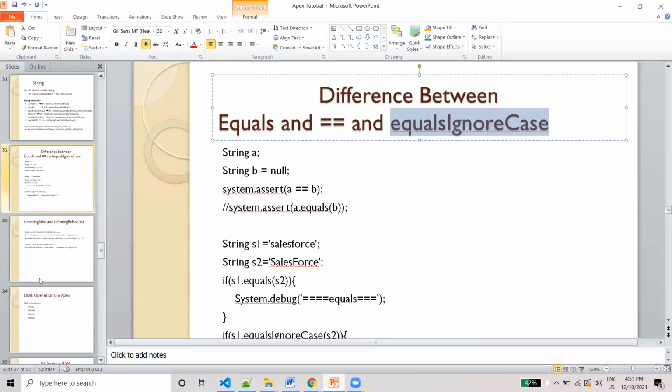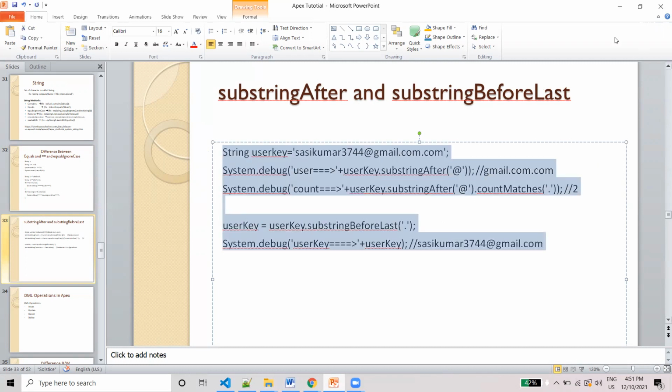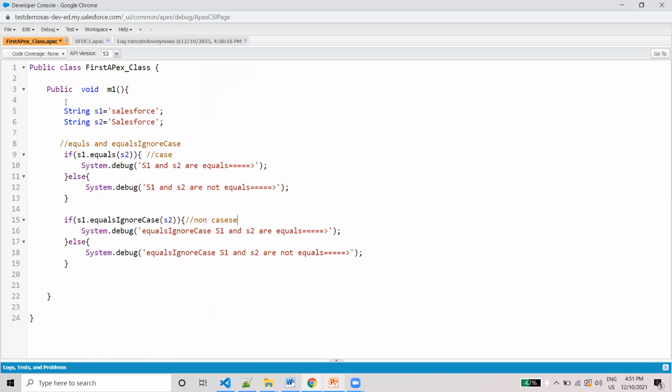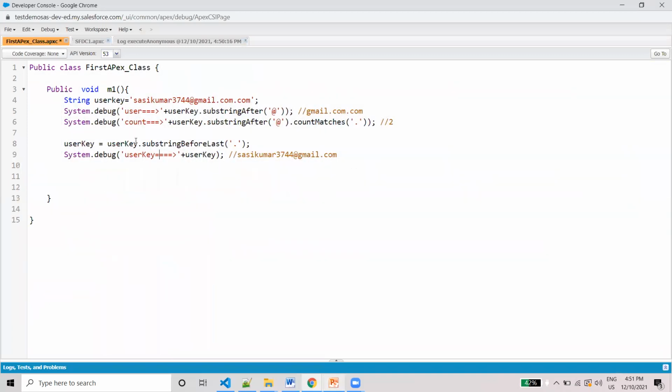Now we will see another example: substring after and substring before last. I'm removing all this and pasting here. The string is, this is a string, and I have declared something like 3744@gmail.com.